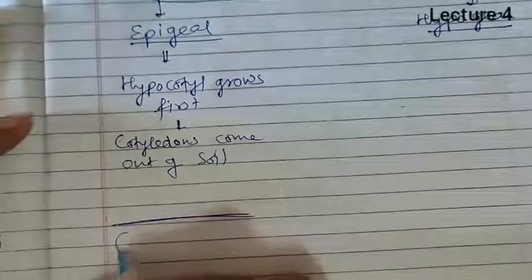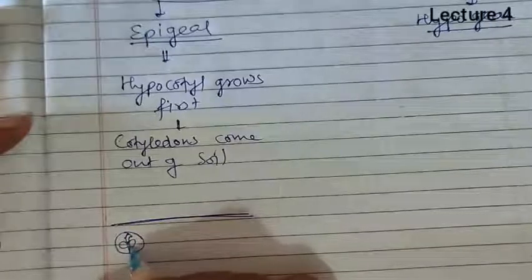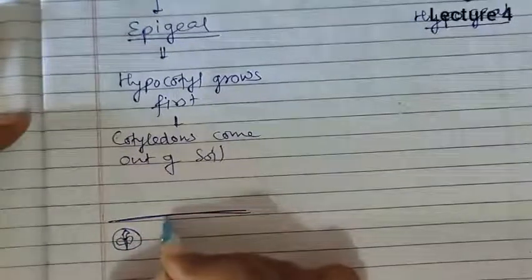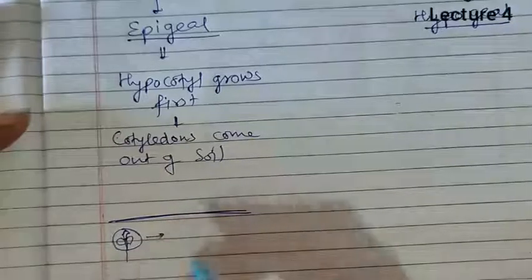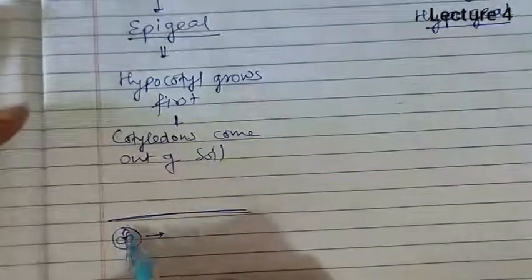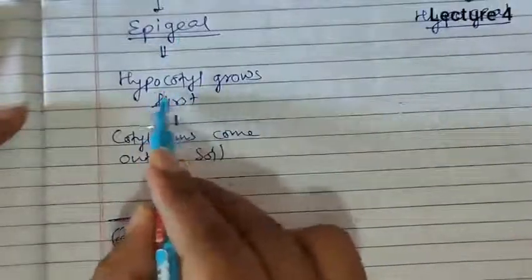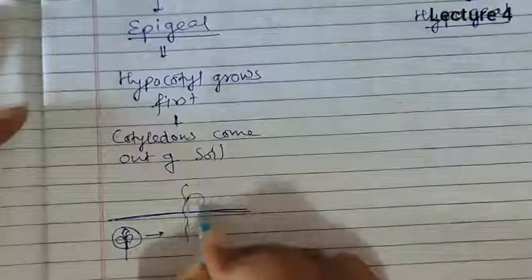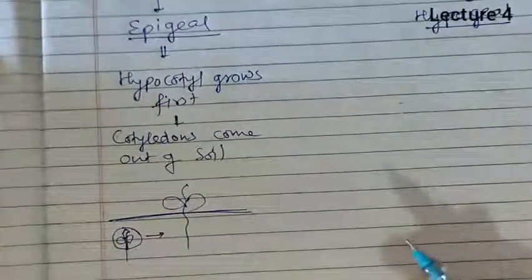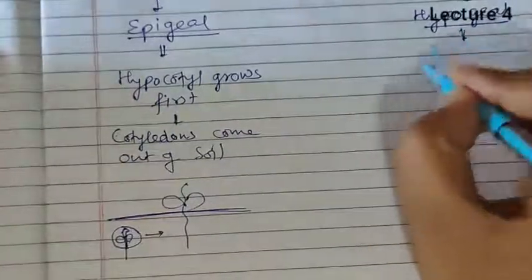Suppose this is the layer of soil and this is the seed coat, and this seed coat has an embryo. Now this primary root will develop from this. After this, if epigeal germination occurs, hypocotyl will grow first. Hypocotyl is here, so if hypocotyl grows, then cotyledon will come out of the soil. Okay, but in hypogeal germination,